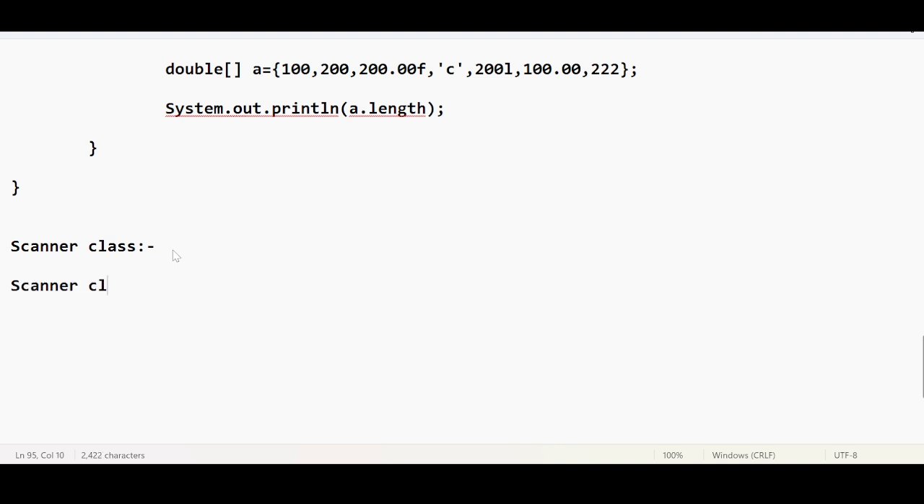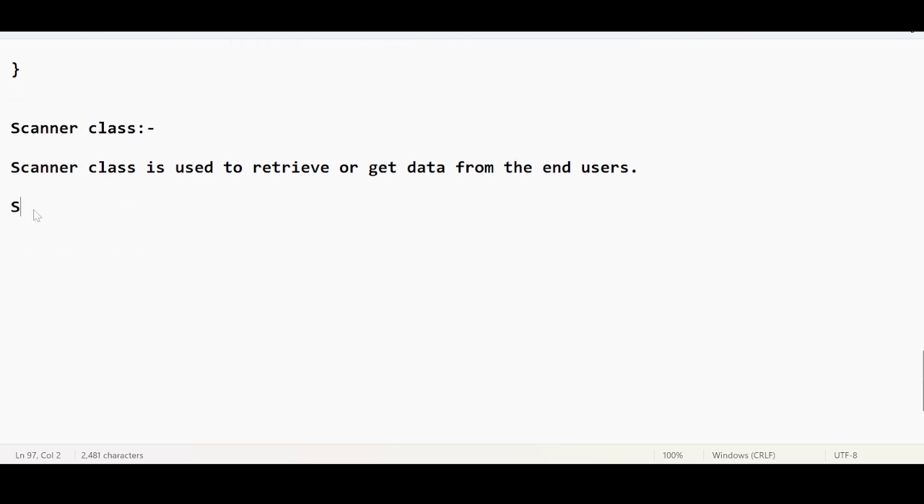Scanner class is used to retrieve or get data from the end users. This is how you can create an object. Scanner is very simple, guys. We will be discussing this Scanner class in the input output streams, in IO streams, after completing collections. For now, if you are asked to create an object for the Scanner class,